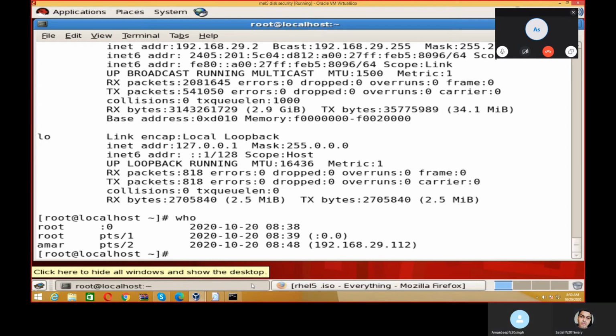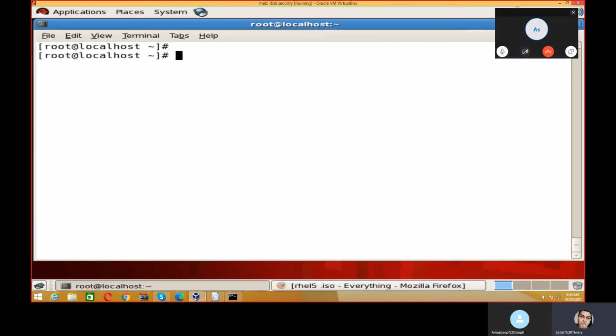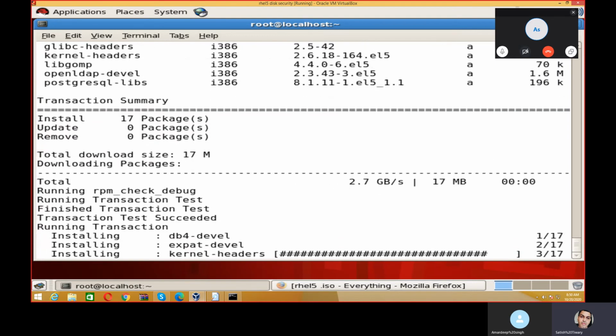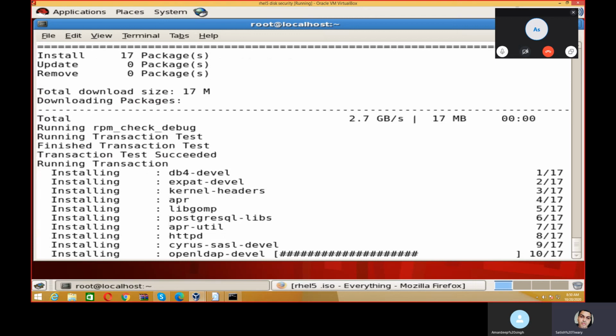And at the same time, for the web configuration, if you want to configure your system as a web server, you can use yum install httpd -y. So what will happen? This will install the web server package on your Linux machine.